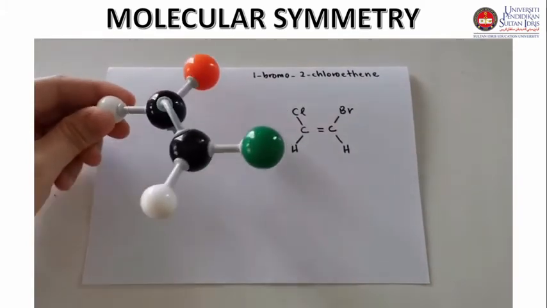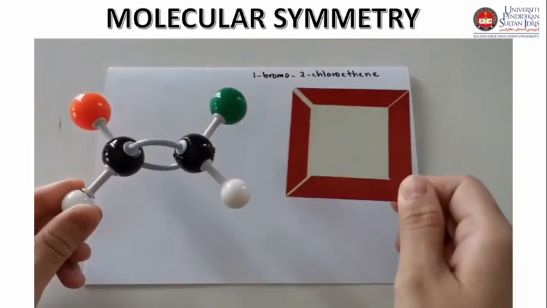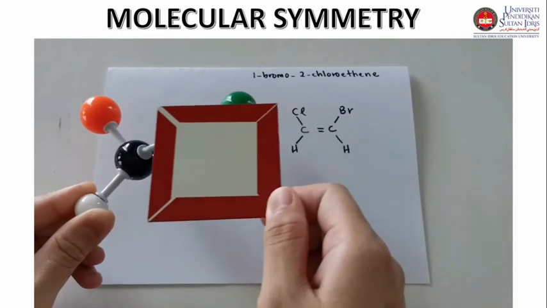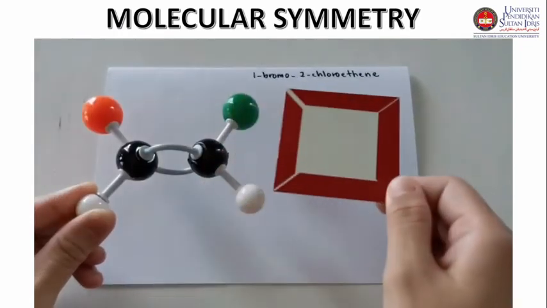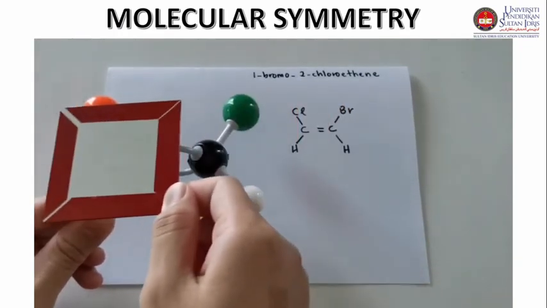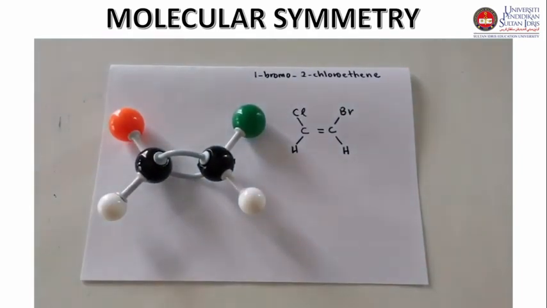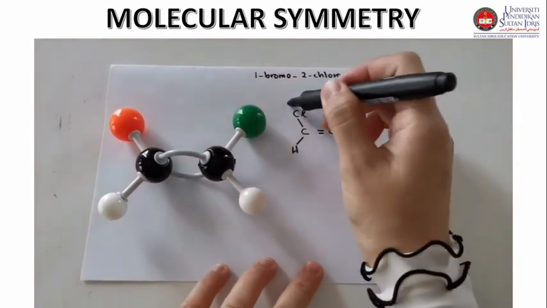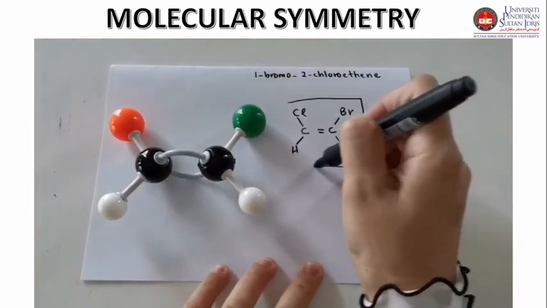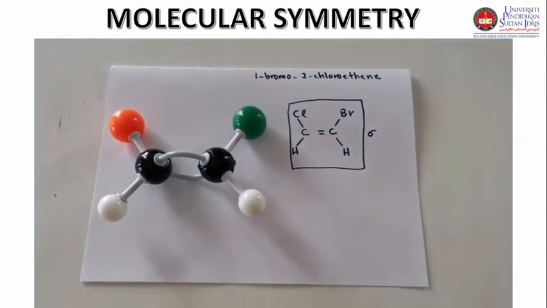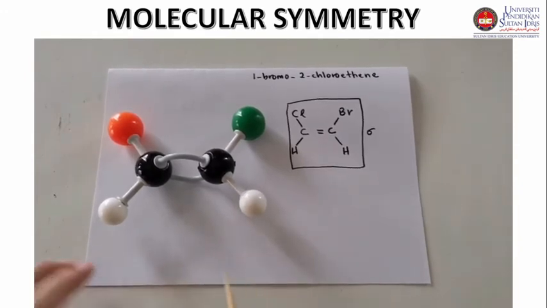But this molecule is planar, so there is one plane in this molecule. After the reflection through this plane, we can get an equivalent configuration. So guys, there is the existence of a sigma plane. There is no C2 axis, so we cannot say which type of sigma plane is present here. We can only say that there is a plane along this molecule, so it is denoted only by sigma. We cannot denote it by sigma v, sigma h or sigma d, because there is no other axis. There is only a single plane.